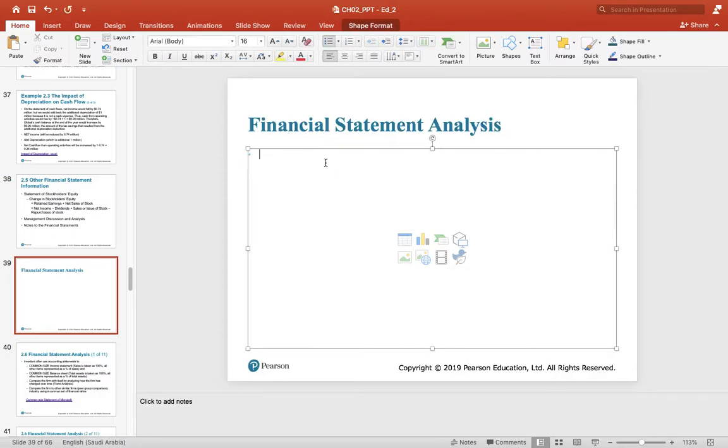One is the common size statements, and the other one is ratio analysis,